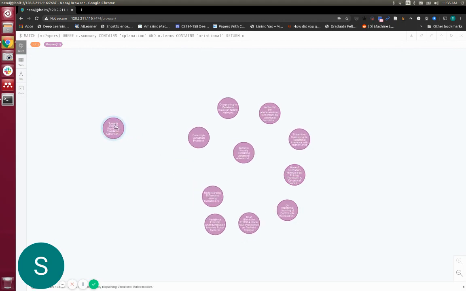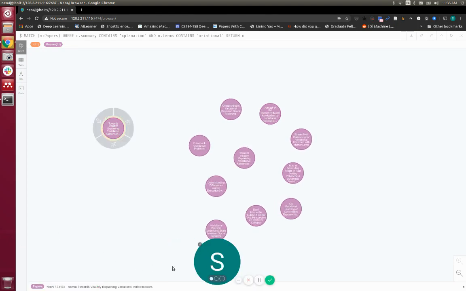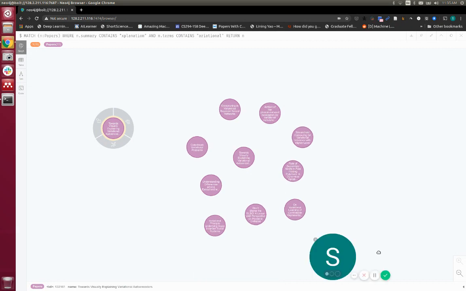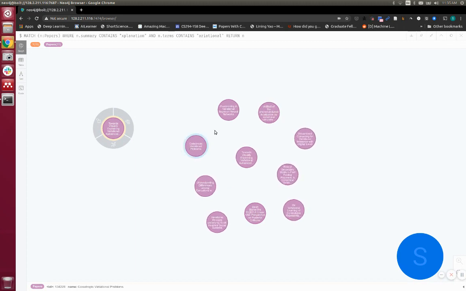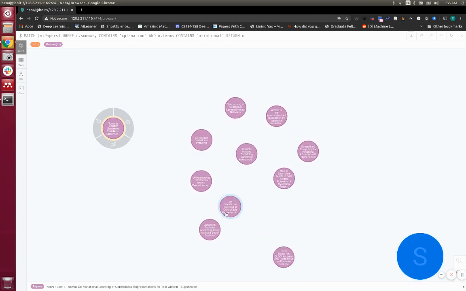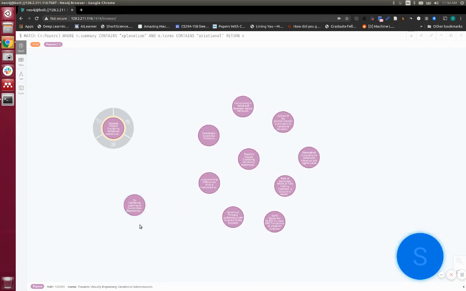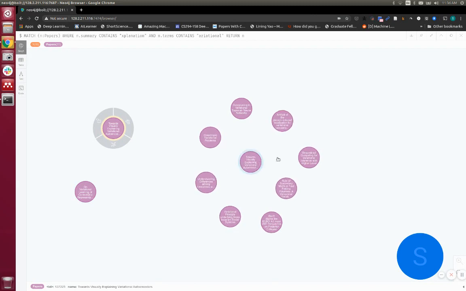This is a paper whose title is Towards Visually Explaining Variational Autoencoders. This is not the paper that we are looking for. We are looking for papers which try to answer explainability using autoencoders. Then there is On Variational Learning of Controllable Representations for Text Without Supervision. This paper looks promising, so it might be worthwhile to read this paper.